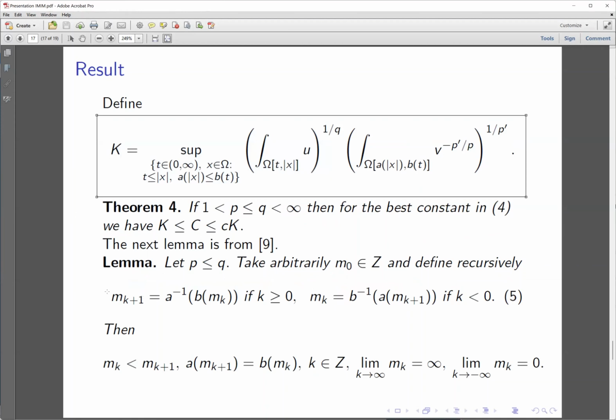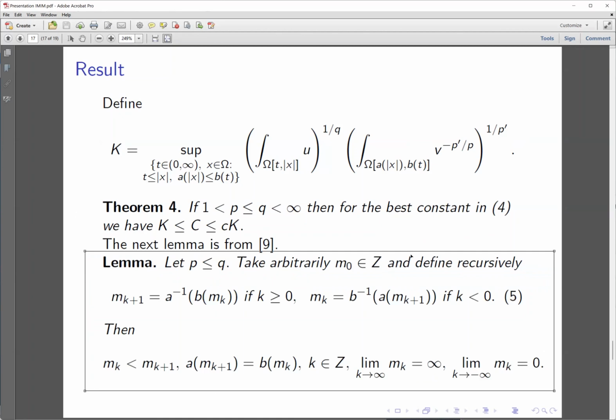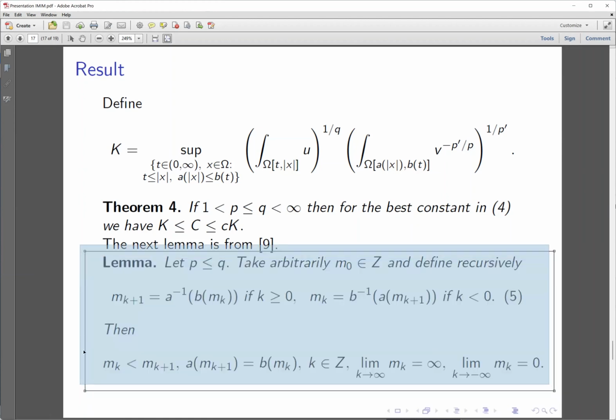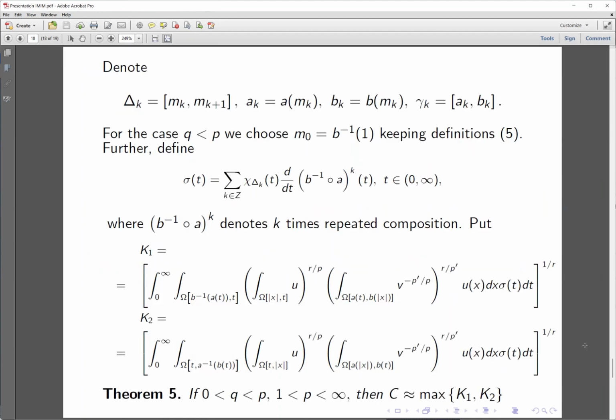Now in order to understand the other case, when Q is less than P, we need this lemma. What this lemma does is that we obtain some partition of the half-axis from 0 to infinity. The points that are defined here, there are two partitions. One is formed by the numbers m_k, and the other is formed by the images of those numbers under the functions a and b. And there is more